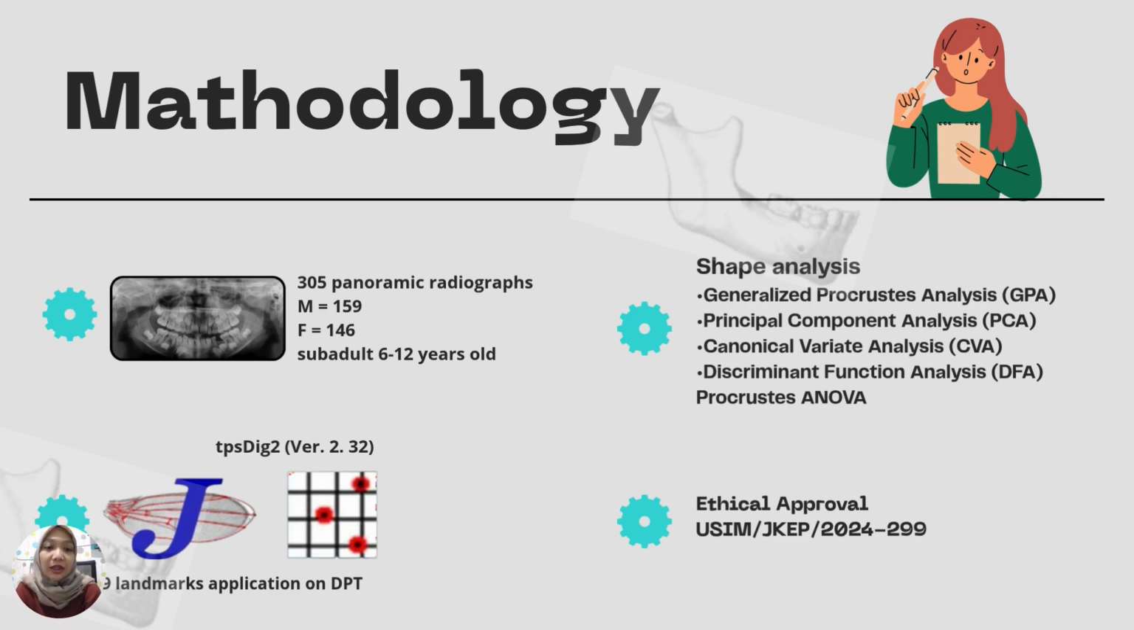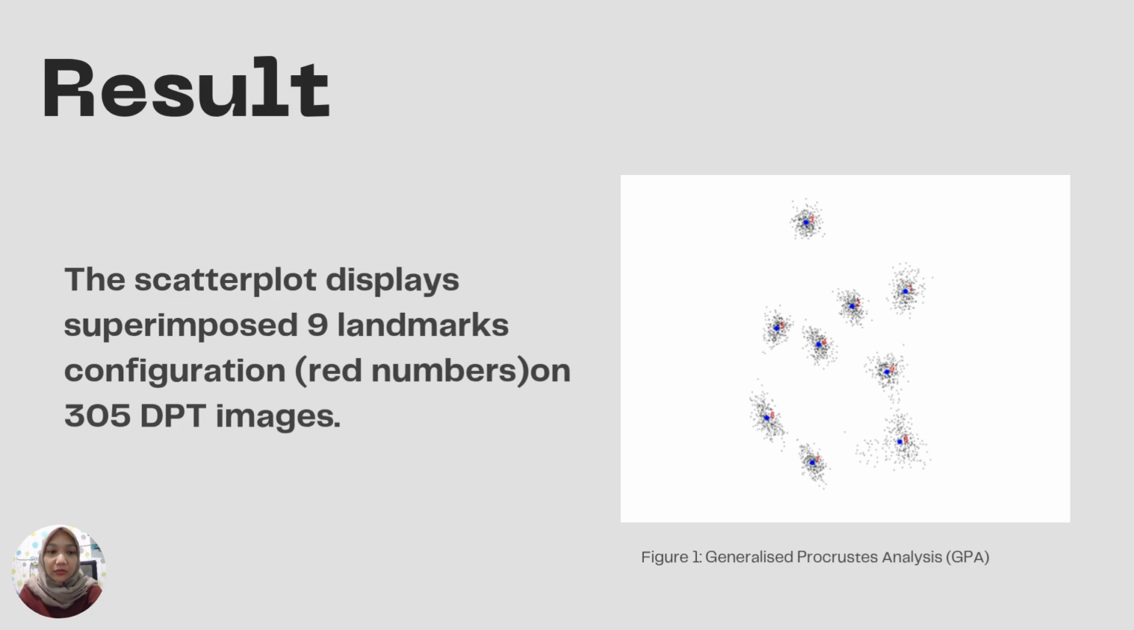Shape analysis used generalized Procrustes analysis, or GPA, principal component analysis, or PCA, canonical variate analysis, or CVA, discriminant function analysis, or DFA, and Procrustes ANOVA. Ethical approval is under the number 2024 and 299. For the result, this figure displays the superimposed nine landmark configurations in red